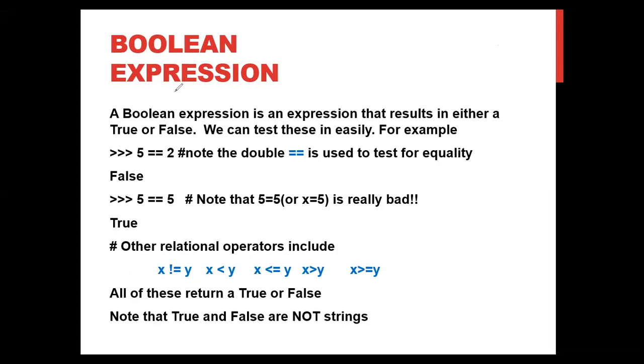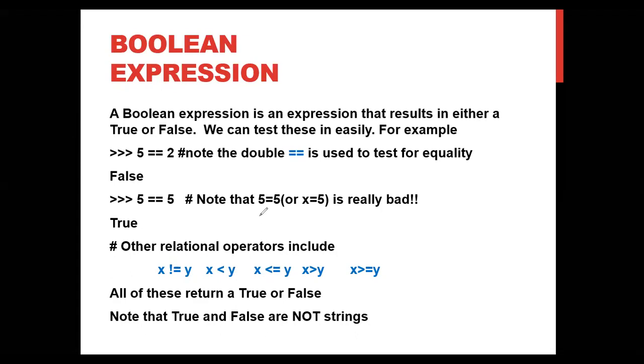Here observe this. First, we are going to discuss the theoretical part of Boolean expressions. Then we can go on to how to use Boolean expressions in Python Spyder. Okay, let's discuss this. Here, double equal to is an operator which checks the equality between two operands. This double equal to is the operator. Here observe this, 5 and 2 are the two operands.